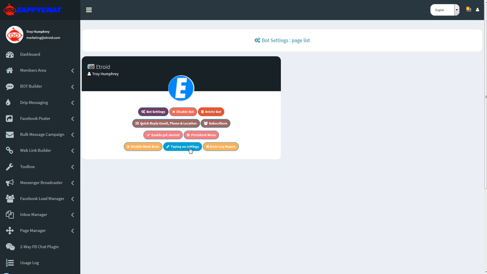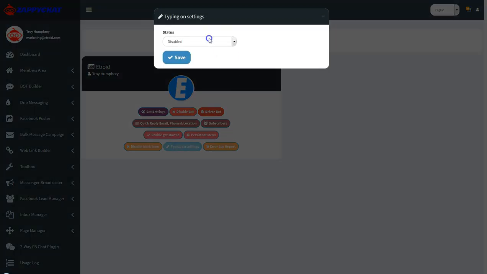But you have typing on settings. So we're going to do the typing on, and we're going to click disabled and click on the enabled part. You have 0 seconds. What this will do is, if your bot replies, it's instant, so it doesn't show anything typing. I like to usually keep it about 3. You don't want to keep it much higher than that, because people will get annoyed when it's replying. So when I hit save